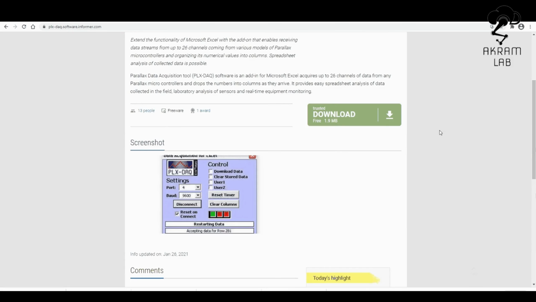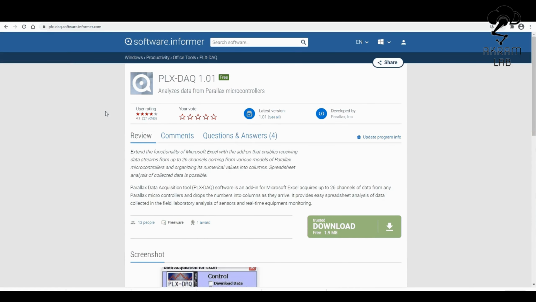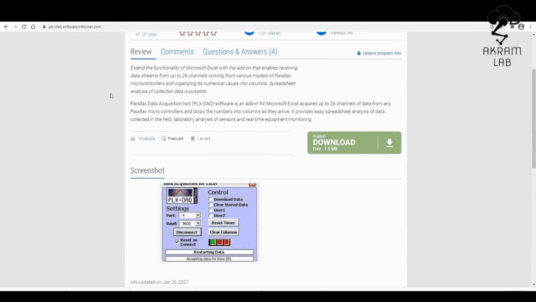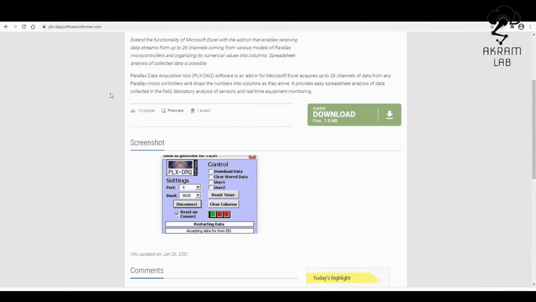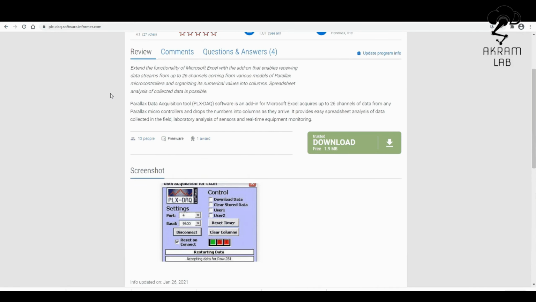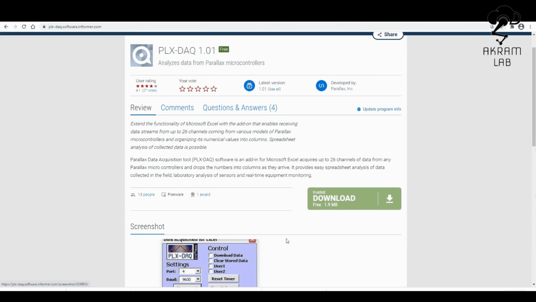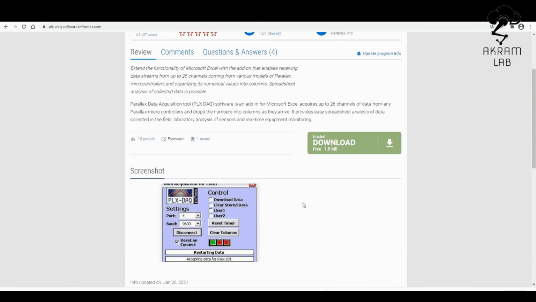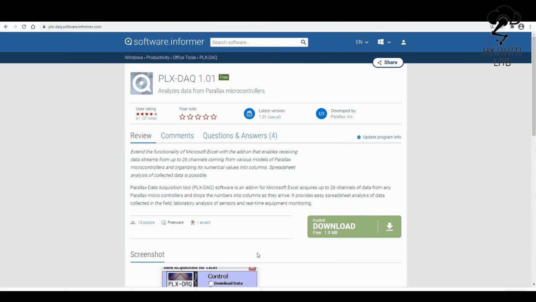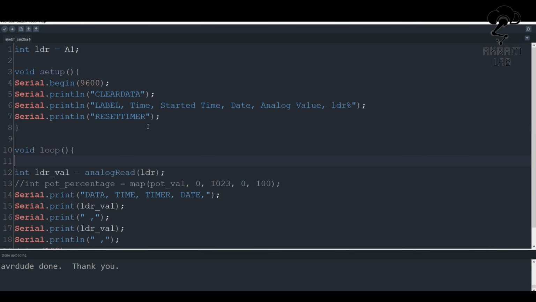By clicking here it will start downloading. I will put the link in the description so that you can download it easily. Then let me show you how to implement this in the Arduino IDE, and then I will show you how to use MS Excel to store the real-time data of your sensor.